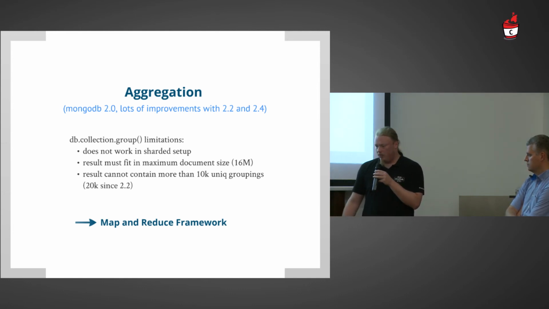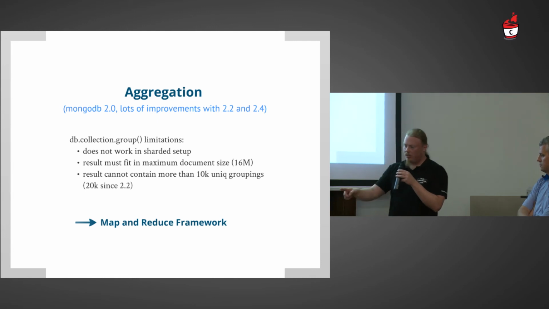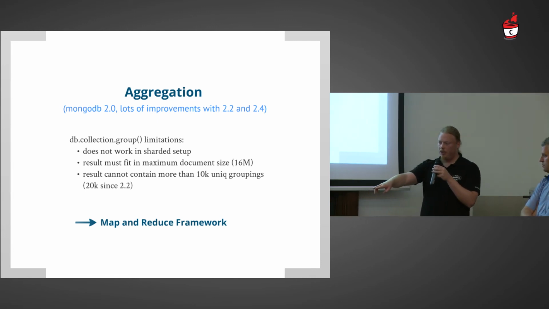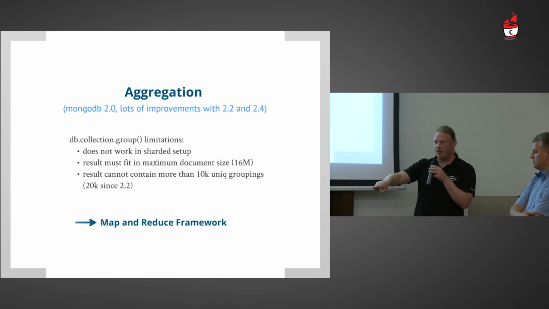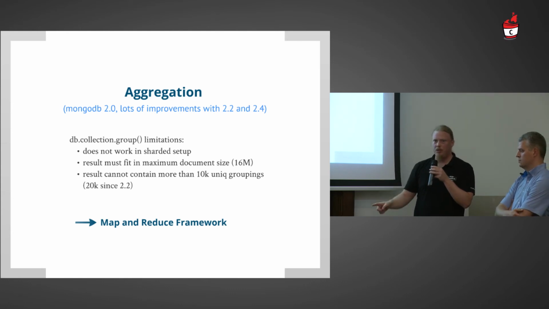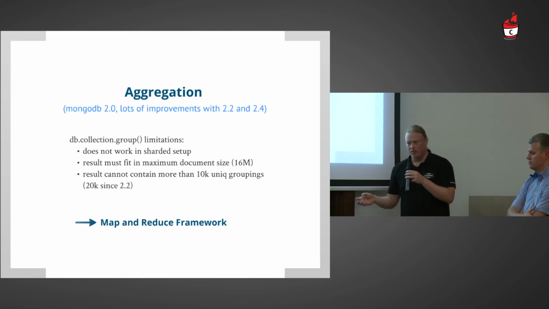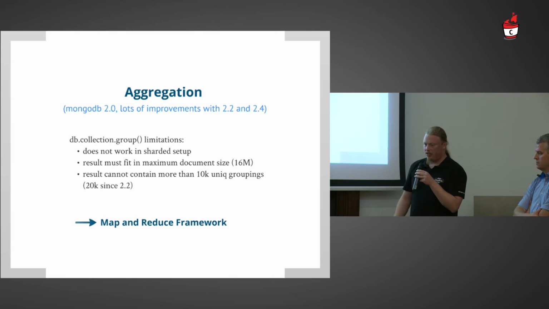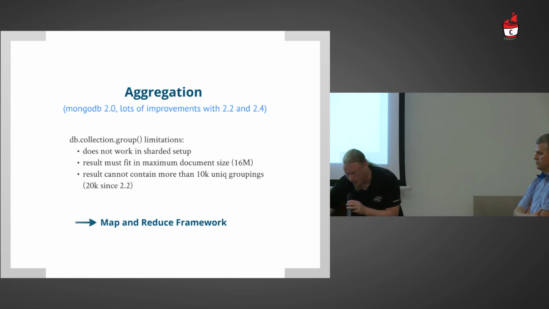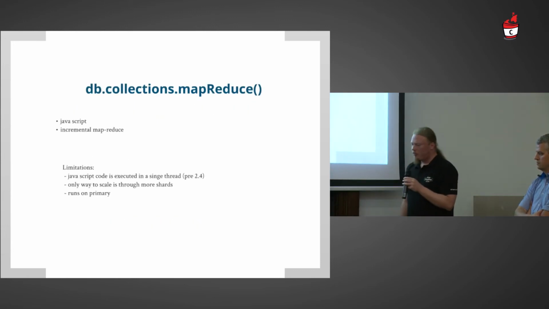So, and also very quickly, what we're not talking about here now, but in MongoDB 2.4, I think they introduced the aggregation framework, which has a lot of nice features. But back then, this did not exist, so we had to resort to the map and reduce framework,